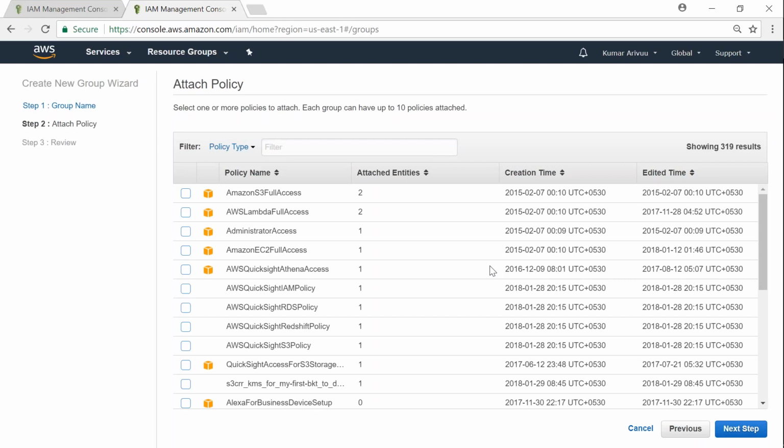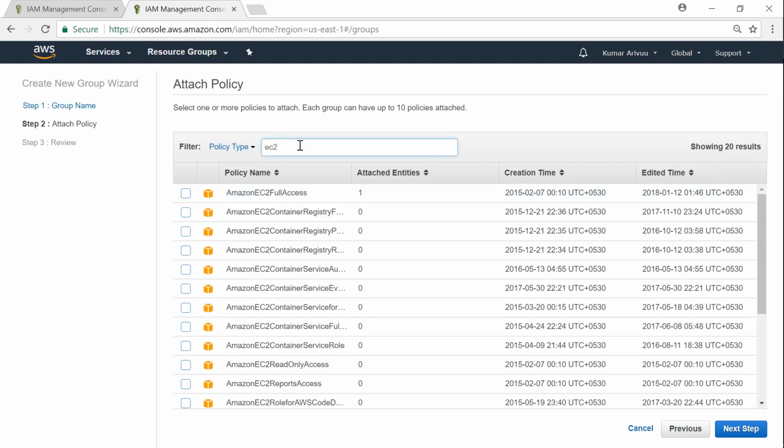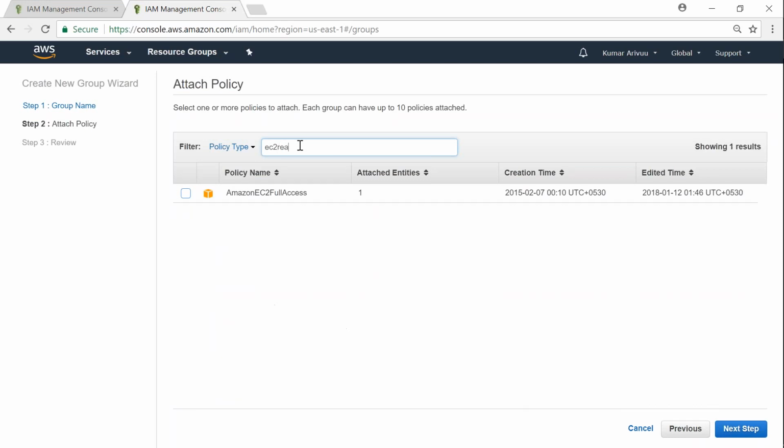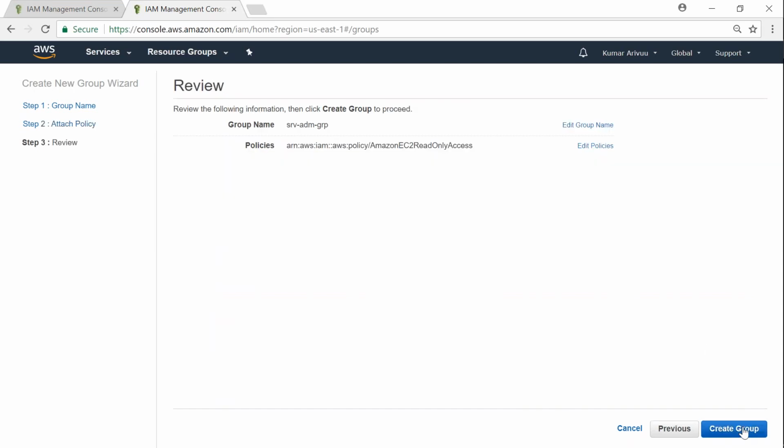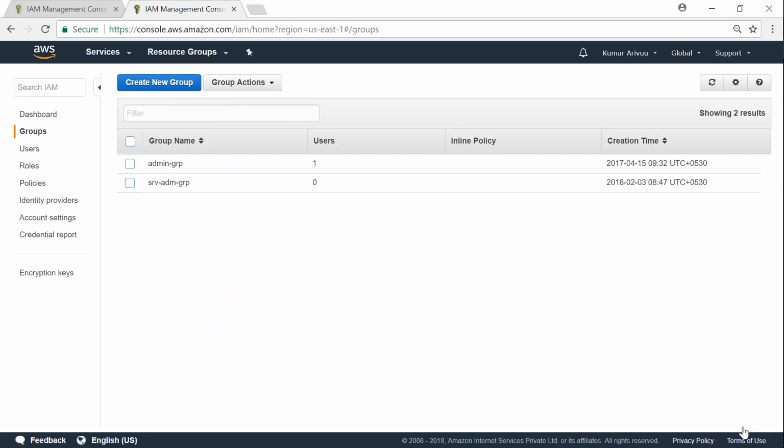And then I want to give an EC2 access to this server admin because these guys are server admins, and I want to give them, let us say, instead of server admin, let us say they're L1 support. I'm going to give them read access now. So click on next step and then click on create group. So I have created a new group called server admin group, and I have given them an EC2 read-only access